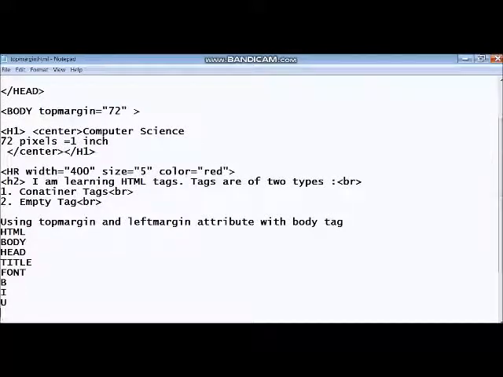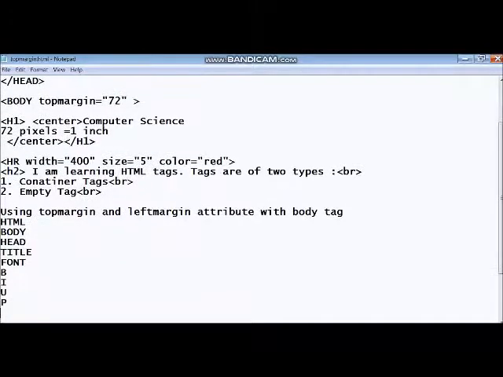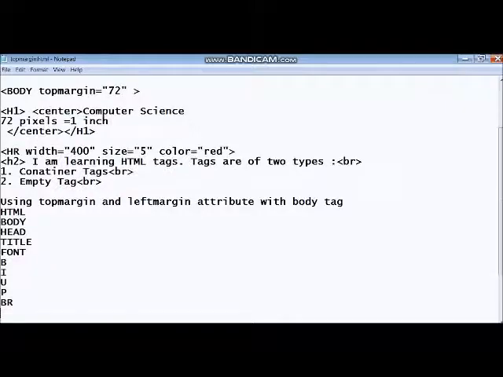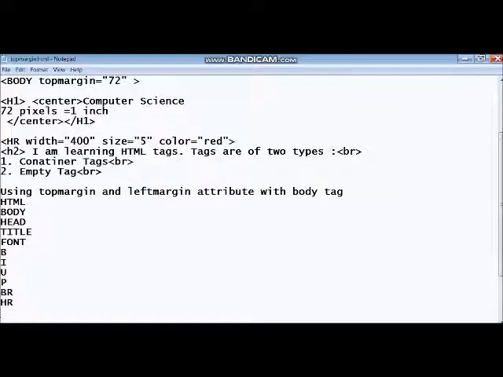Then P for paragraph tag. Then BR tag, HR tag. So these are the tags which we have learned in this lesson. How many tags are there? HTML, body, head, title, font, B, I, U, P, then BR and HR.